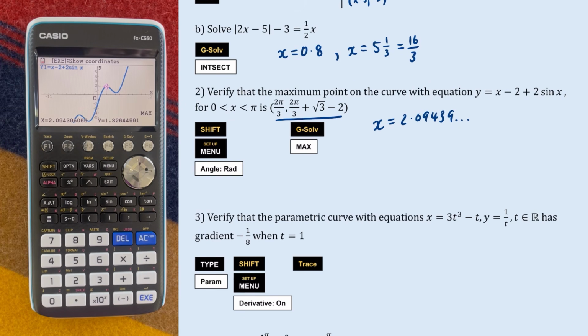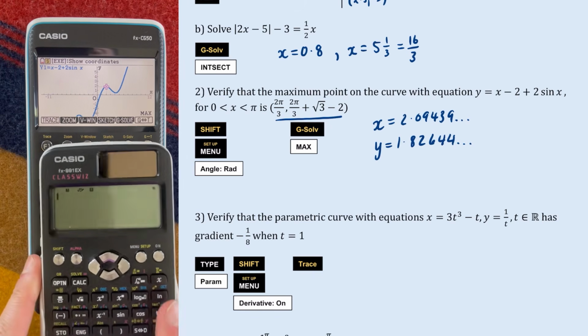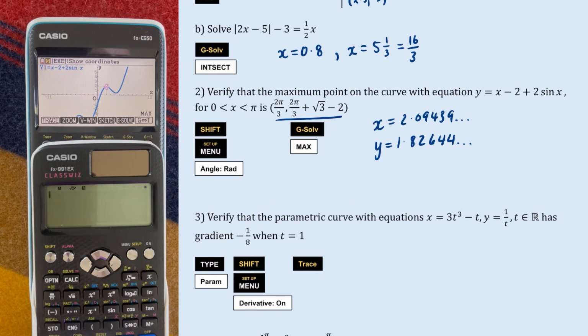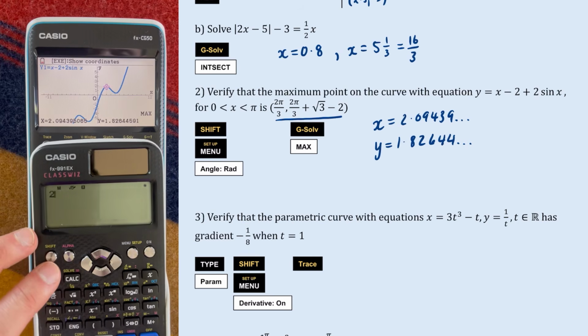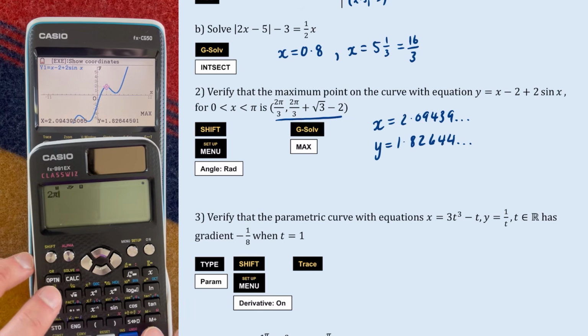2.09439. This is from the calculator. And y is 1.82644 that we've got. And we just need to check that it's exactly the same as these ones that we've got. So I'm actually going to use both calculators at the same time here. I'm going to type in this 2 pi over 3 and see if we get the same thing. So we're going to do 2 pi over 3